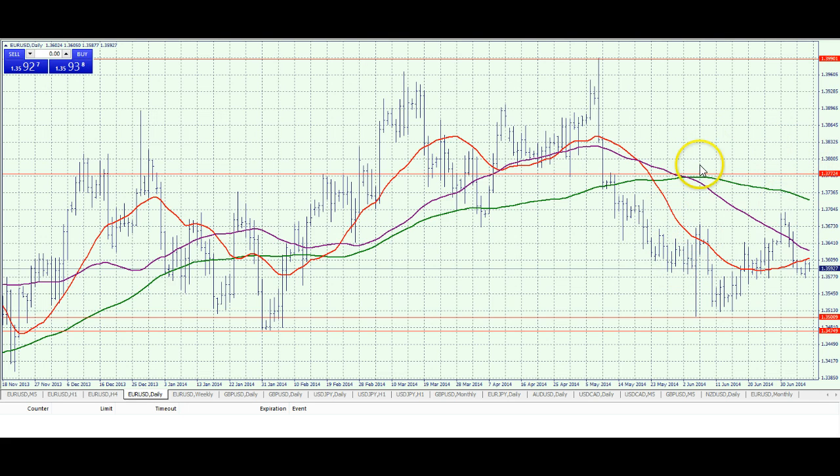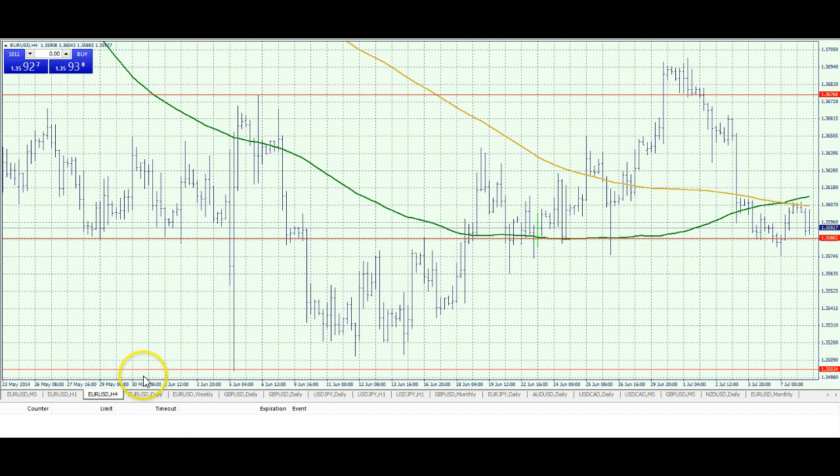If you look at the daily chart, 134.75 to 135.03 is the key level. On the upside, it's 137. That's how you get that 135 to 137 range. If you go to the 4-hour chart, you can see here